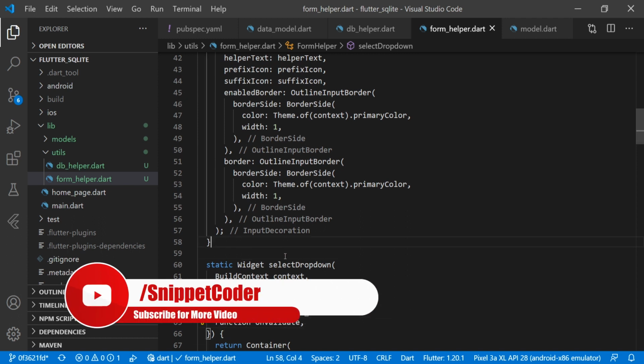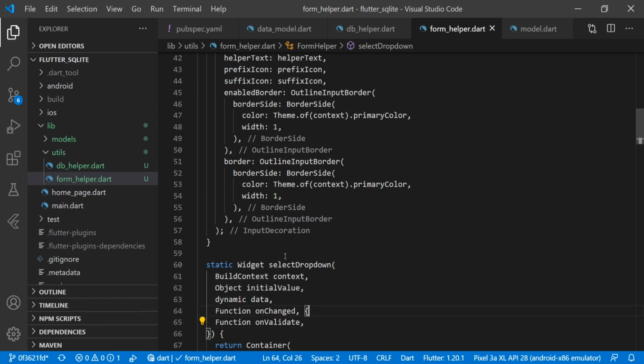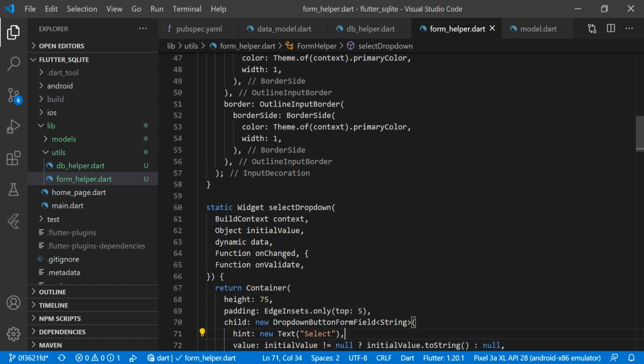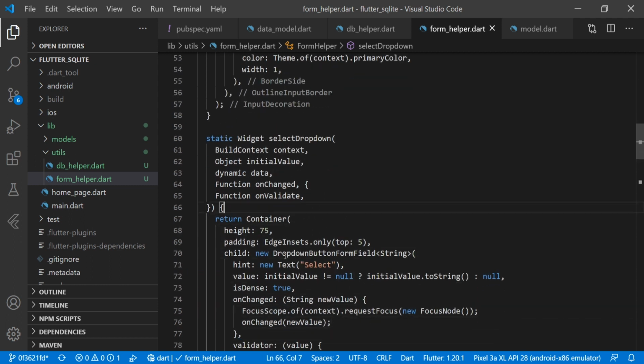Then we have a select drop down, and here we are passing that object initial value. Then we have a dynamic data, then we have a function on change event, and then we have an on validate. Here we are returning a container, and there we have a child, and in that child we are passing a drop down button form field, and here in the hint we are passing the string text select, and then we are passing the initial value for the value.